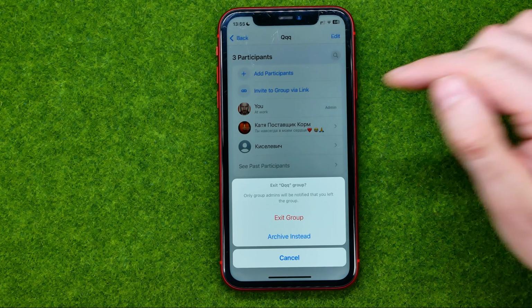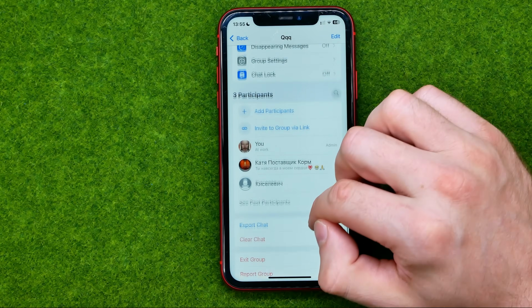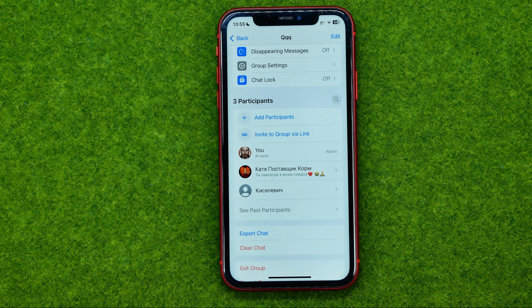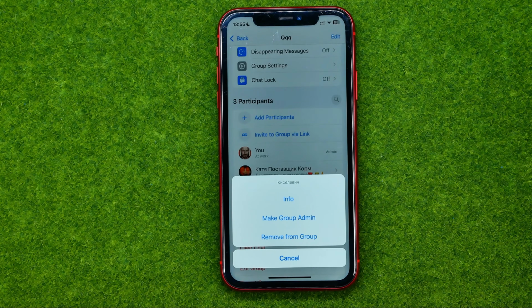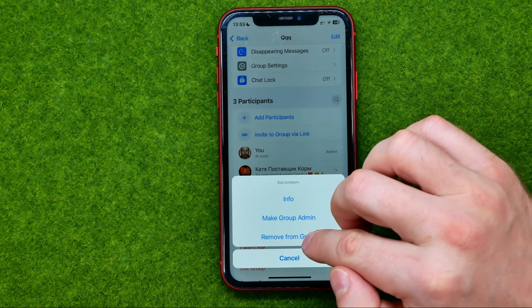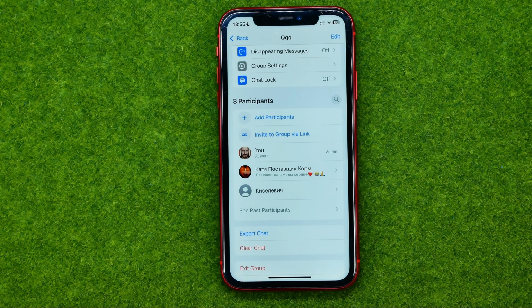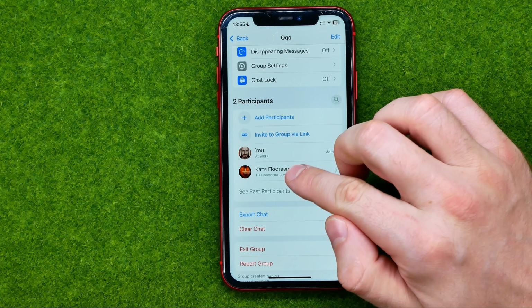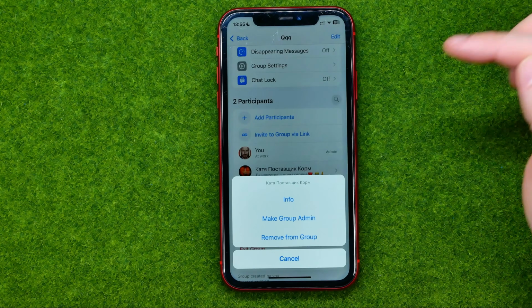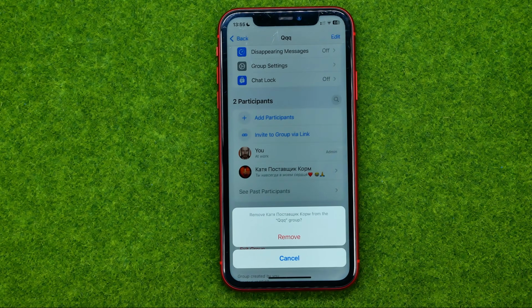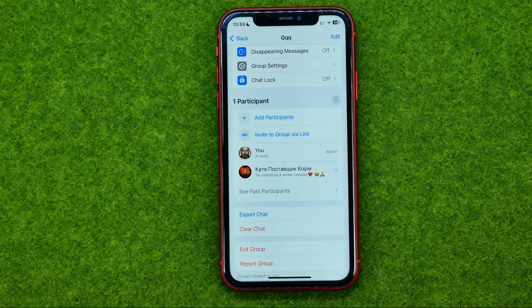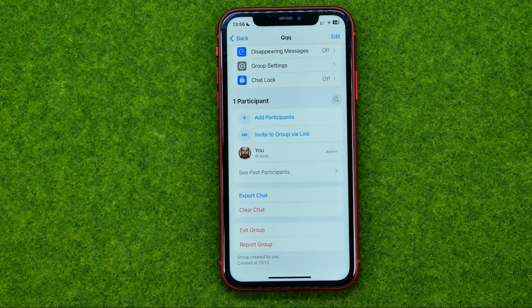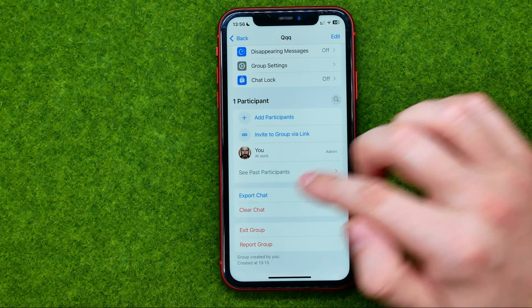So if we don't want participants to stay in the group, we can remove them first. We can just tap any participant and then select remove from group. Unfortunately, we don't have a remove all users option, so in that case we need to remove all of them one by one. Once we've done that, we can clear the group chat,